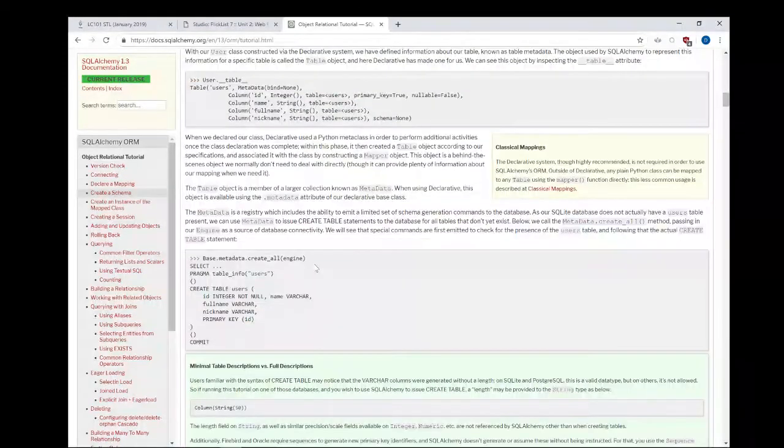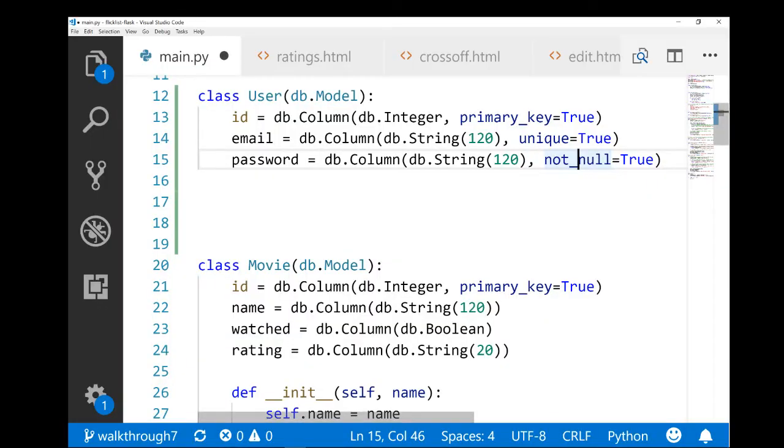Primary key, where's not null? Nullable, oh, okay. Nullable, there we go. Nullable equals false is the proper syntax for that. There we go. I knew there was a way to do this. I didn't remember the exact syntax, so, you know, look it up. That's fine. All right. This should be fine in terms of the properties, the fields that I expect this model